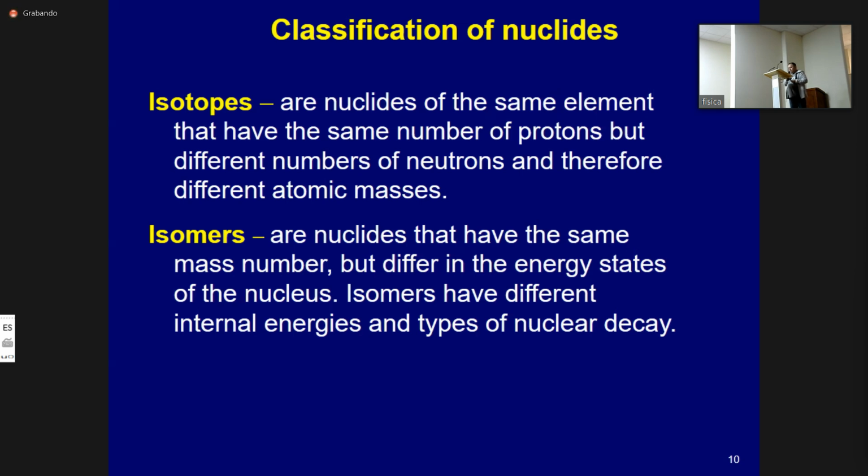There are 256 stable nuclides and over 2,000 unstable, as mentioned before. Most elements have several stable isotopes and several unstable radioactive isotopes. For example, natural lead is a mixture of them and consists of